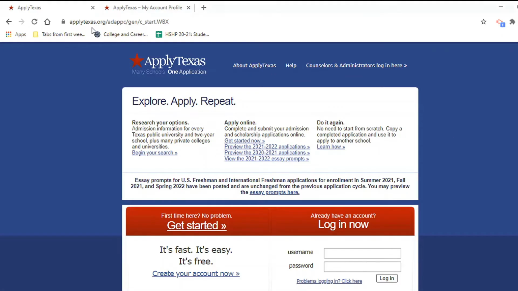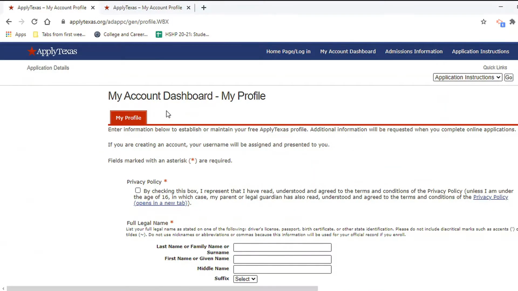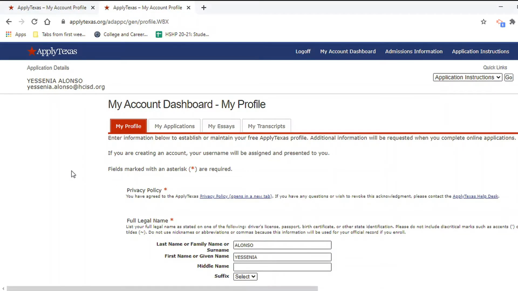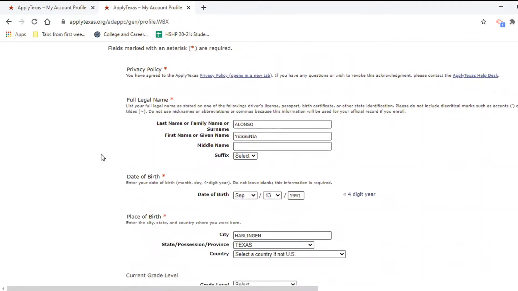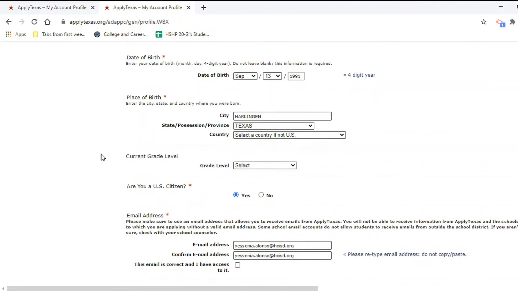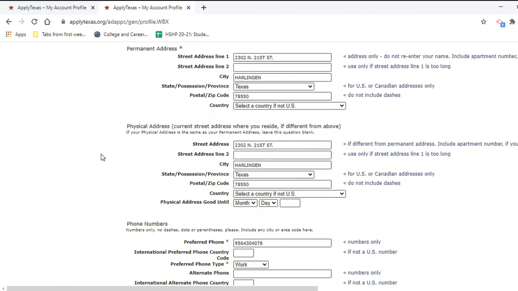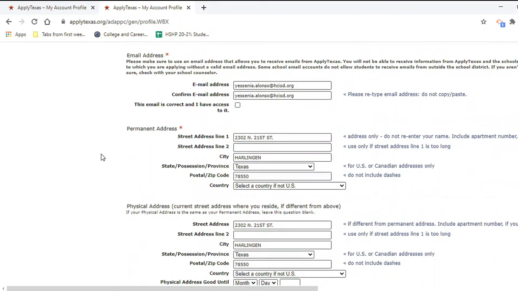First, go to applytexas.org. This is going to be the homepage. Everyone is going to go ahead and click on create your account now, and then you're going to start filling out your profile. So I went ahead and created a profile for myself to walk you through an application. The profile just asks for some basic information: name, date of birth, address, email address as